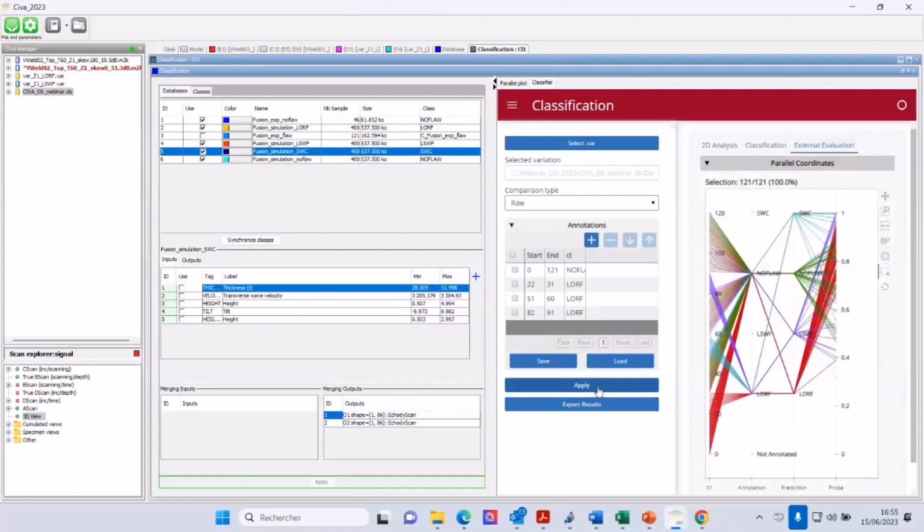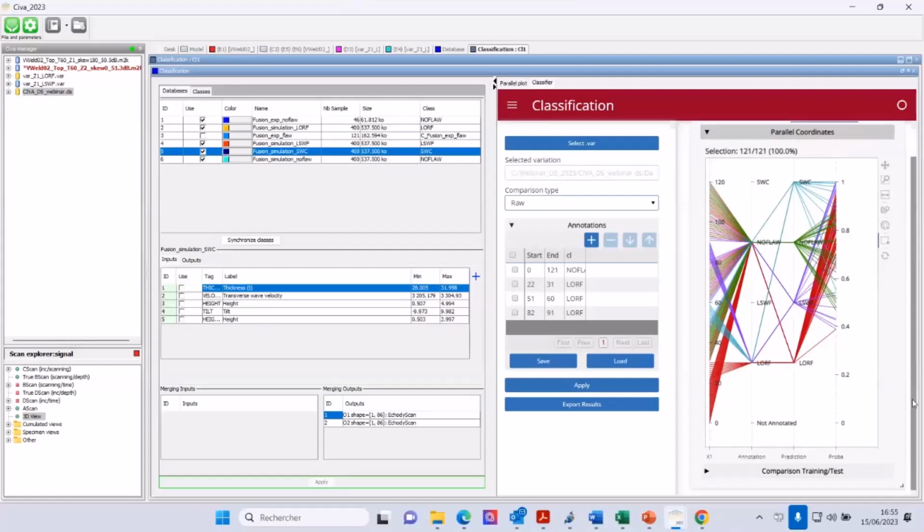And we have here parallel coordinates to evaluate. If you have a look, you have here the annotation, the prediction, and the probability. So you can evaluate and draw some borders to see if the prediction and the annotation are consistent.